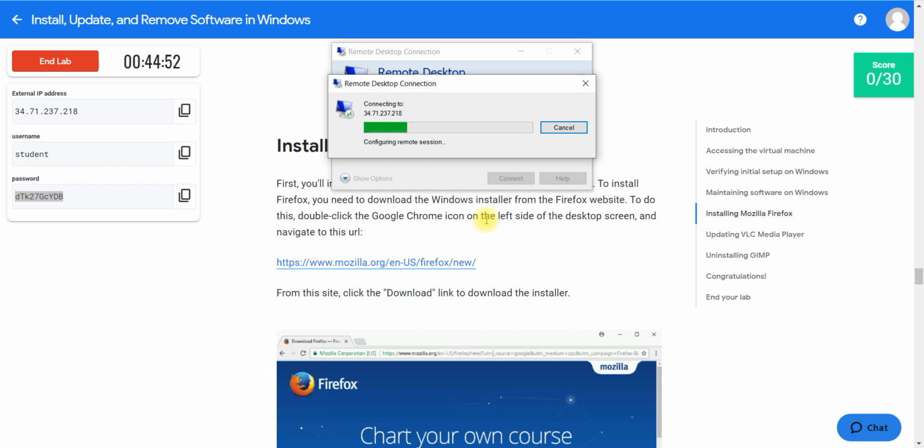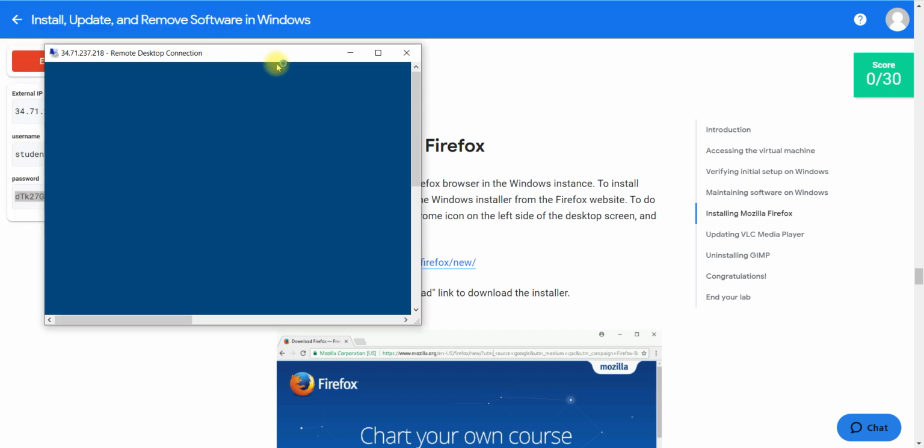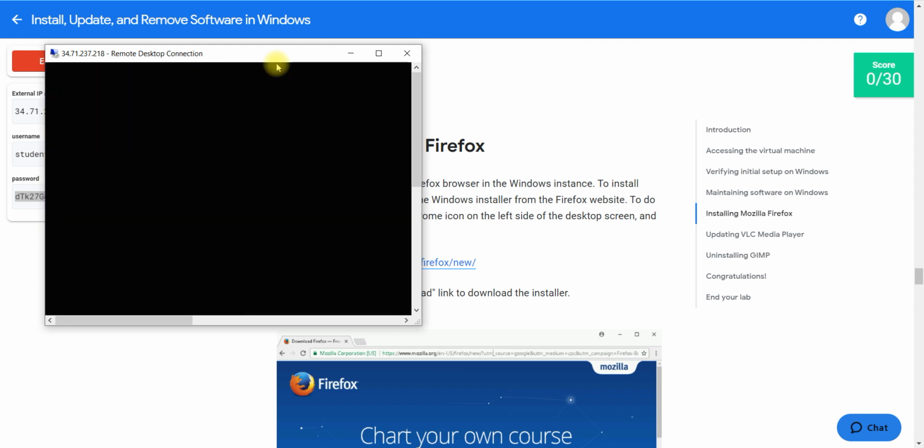You always click Yes here, only then does it take you to the remote system. So now the remote system is opening. You have to wait also. So now loading.